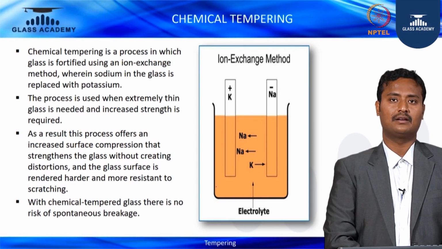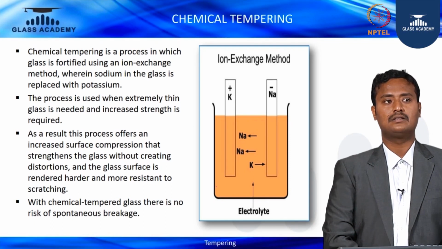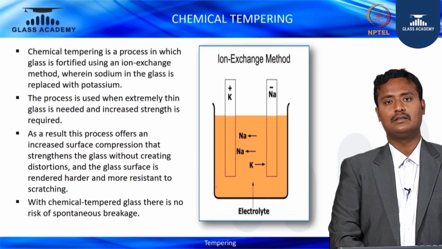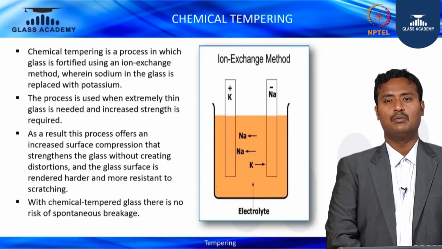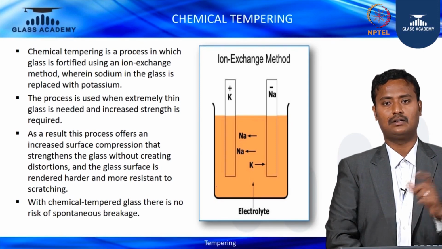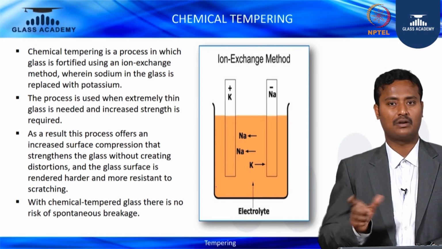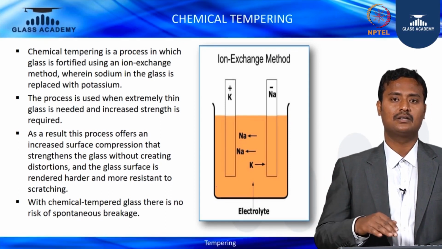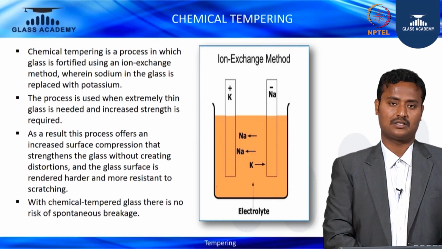Basically, this chemical tempering is widely used for thinner glasses, not for the thicker glasses as of now, and it is for small batches. It cannot be used for mass production because of the limited space of the apparatus. Mostly it is used for mobile phones and watches, which you cannot feed into a furnace, because the roller distance is 150 mm, so small-size or lesser-thickness glass cannot be fed to the furnace. Those glasses can be tempered with the help of a chemical process.